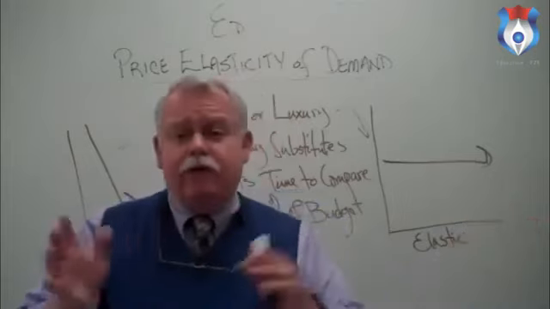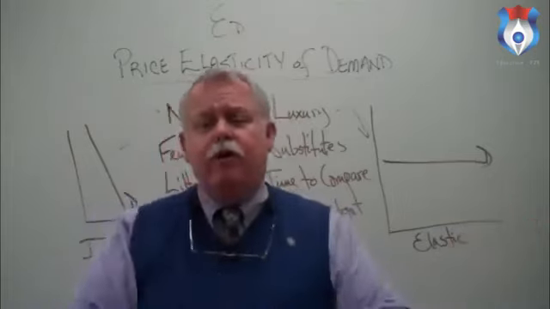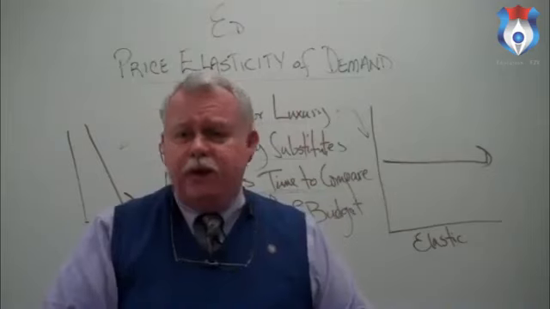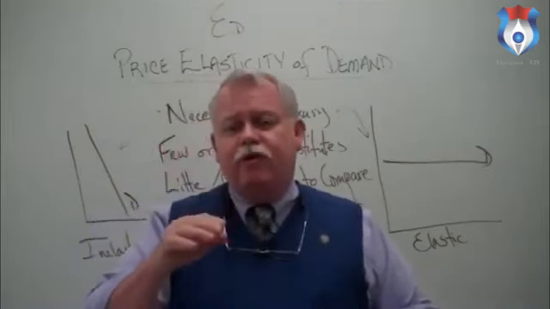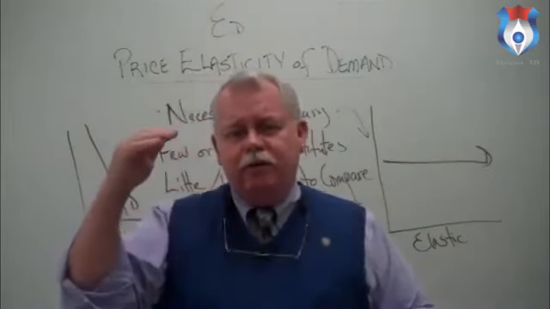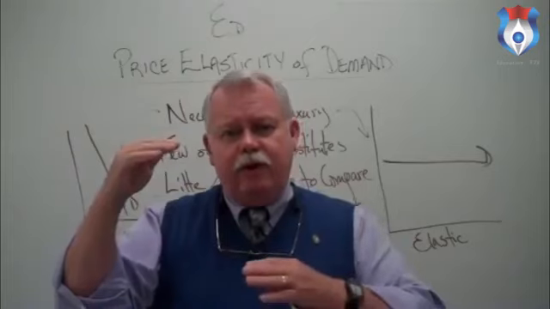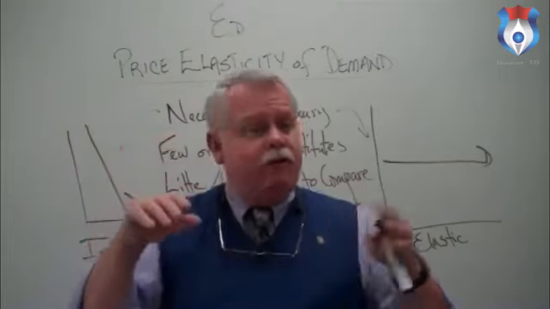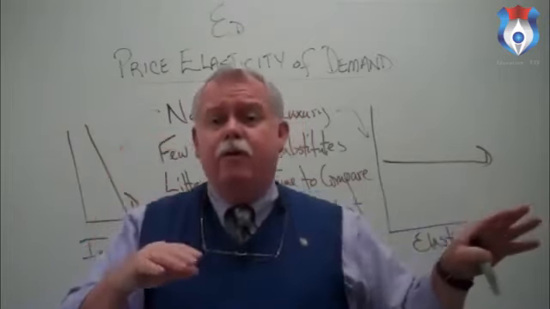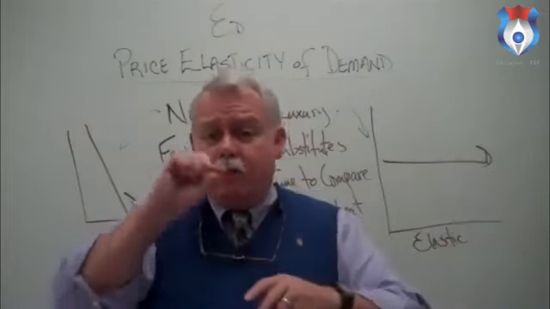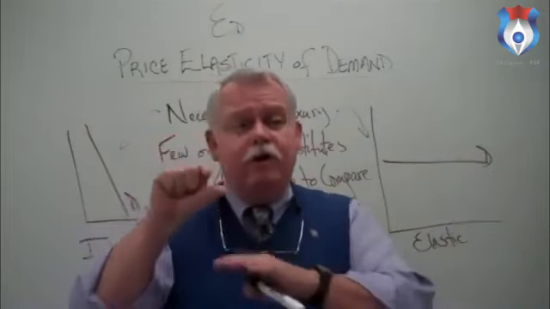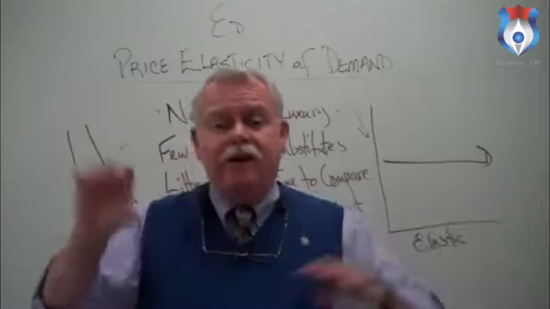All right? Plenty of substitutes for a particular brand name especially. Think about this one. Suppose the price of Miller beer went up. What would happen to the sales of Miller beer? Well, people would look around and say, well, I can buy a lot of other different beers out there, so a small increase in the price of Miller beer might cause people to abandon it and go buy another brand